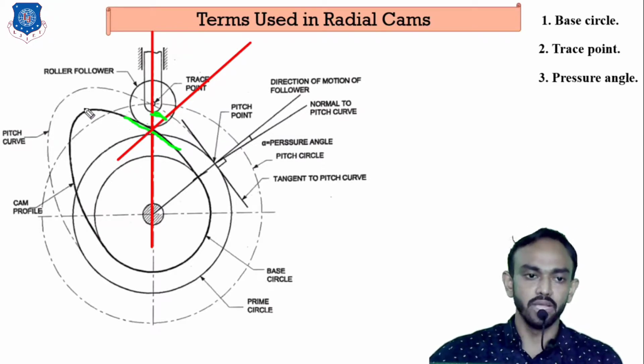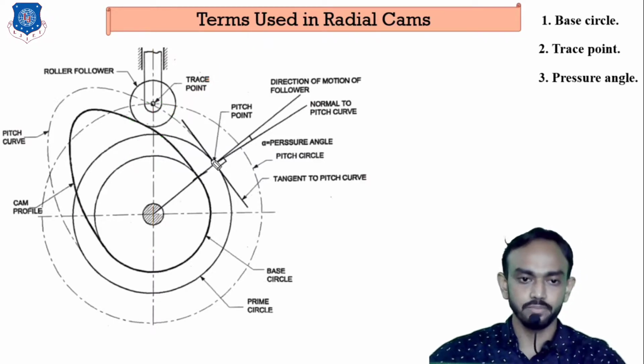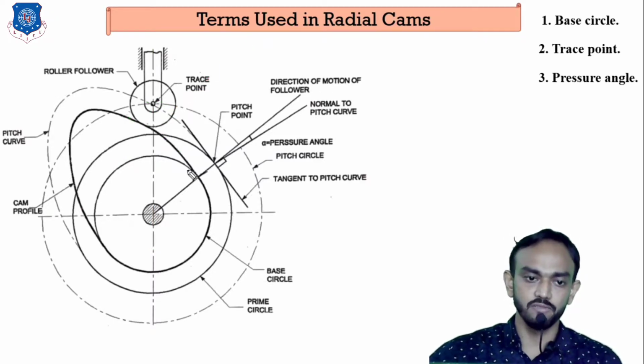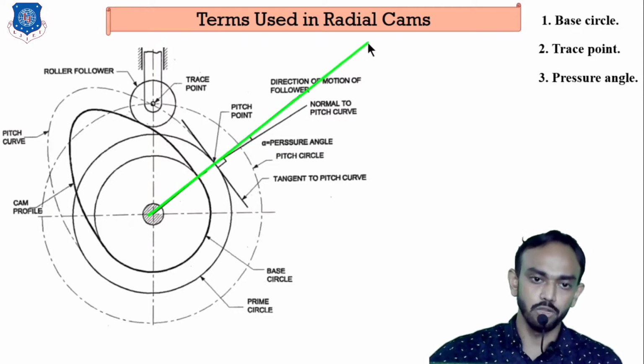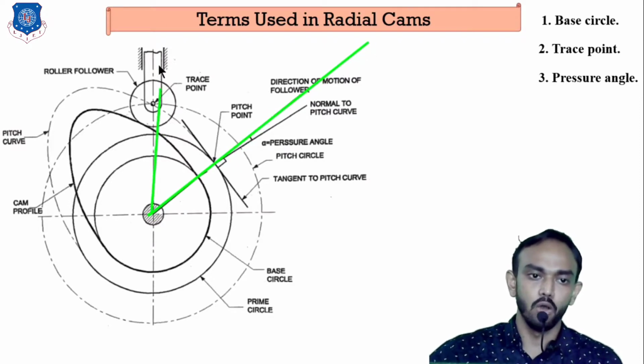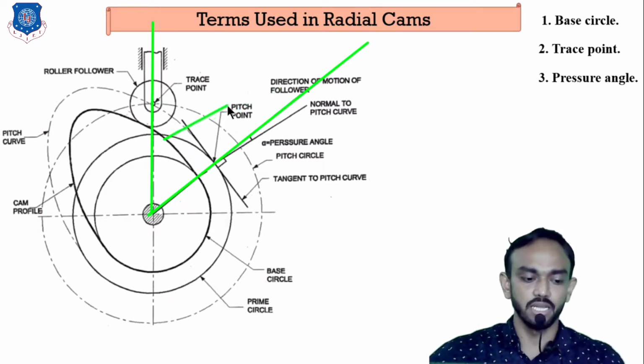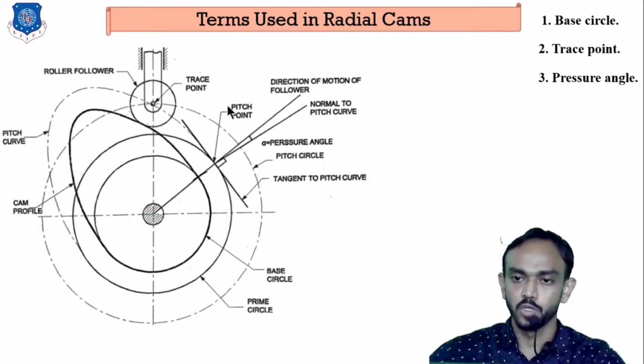is known as the pressure angle, which will vary with respect to the surface. As this follower is moving, these points, this cam is rotating, and with respect to that this pressure angle will change. Okay, you can see here, the pressure angle means the follower's line we can always draw from the center, which is the motion of the follower, because the follower is always moving up and down with respect to the center here. So it will always be this line, and you can make the angle at any point on the surface, normal to the surface.